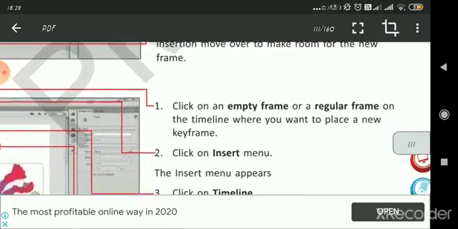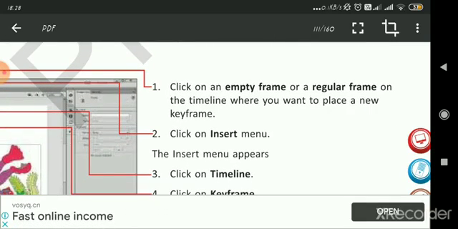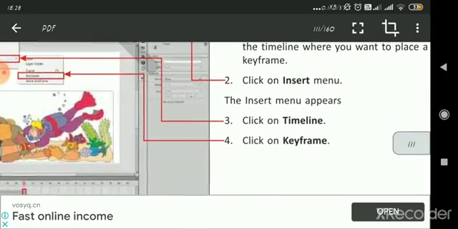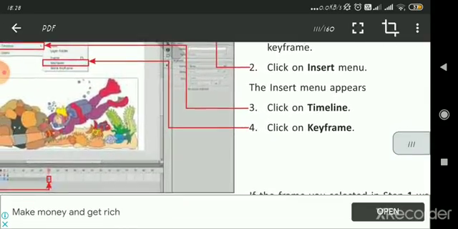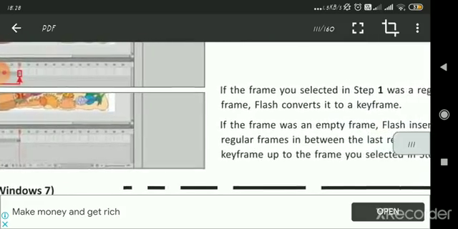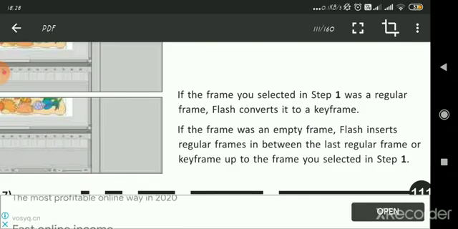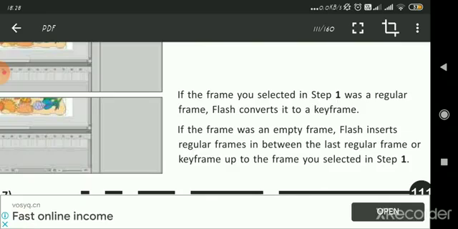So click on an empty frame on the timeline where you want to place a new frame. Click the insert menu, then the insert menu appears, click on timeline and click on keyframe. So if the frame you selected in step 1 was a regular frame, Flash converts it to a keyframe. Okay, if we are using a regular frame, then Flash automatically converts it to a keyframe.